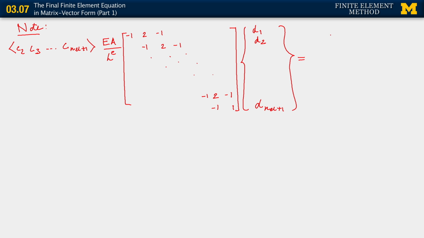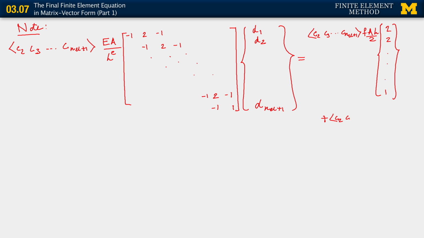Equal to, on the right-hand side, we have C2, C3, CNEL plus 1, F, A, H over 2. And now, again, because all the H's are the same, we have here 2, 2, all the way down until we have a 1 in the final entry, okay, plus